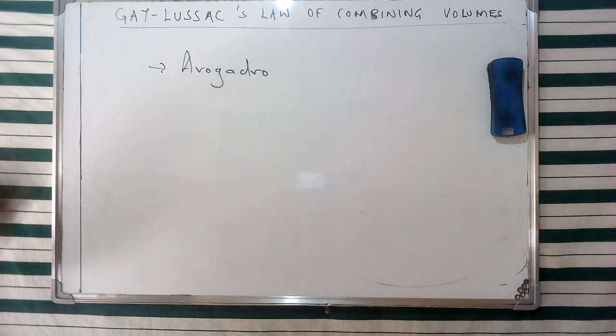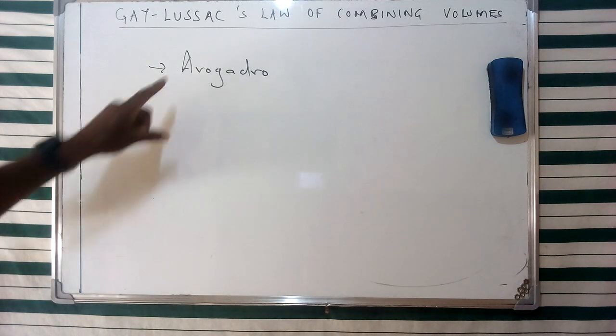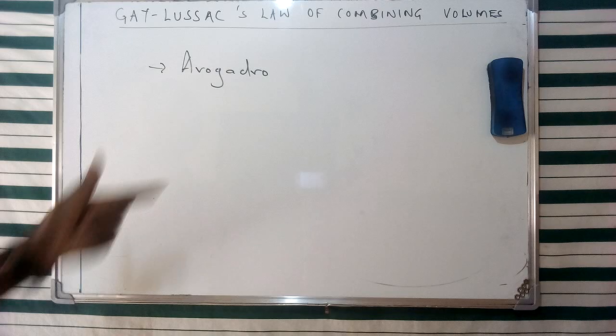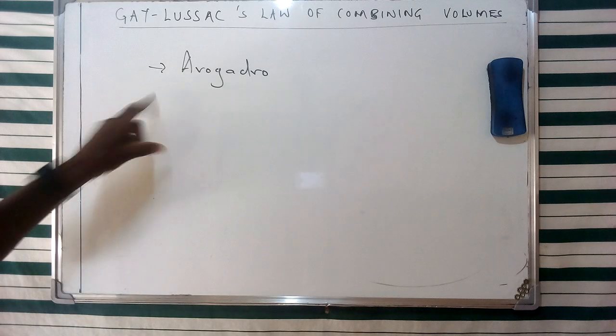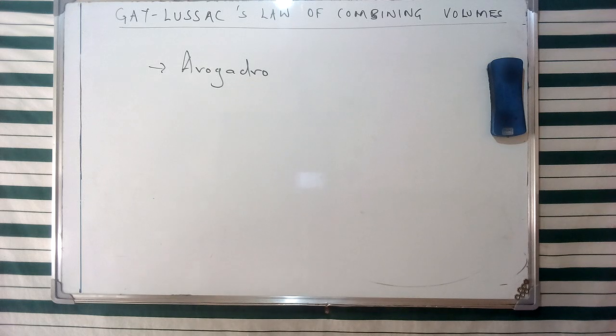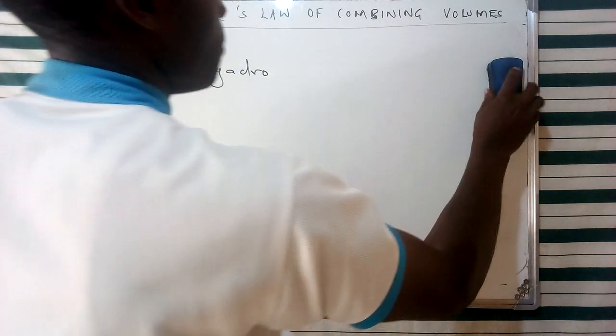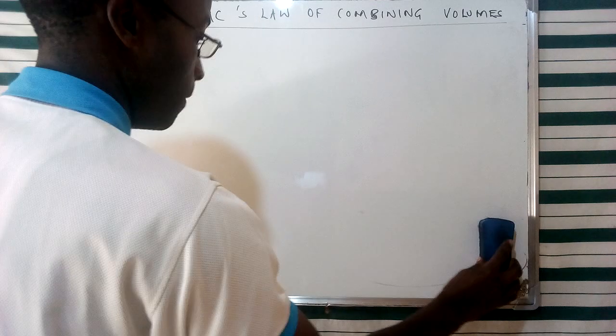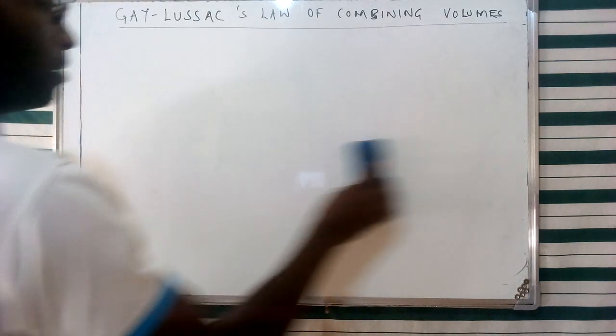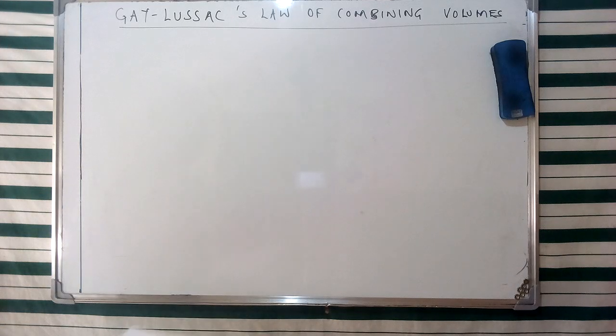Now, in contrast to the previous discussion we have had on various relationships, this is going to entail the concept of reactions of gaseous compounds. We're also going to see that there's a distinction between atoms and molecules, where gases can be given in terms of molecular compounds, as we have been describing them in some of our videos. So in this case, Gay-Lussac's law of combining volumes states that when the temperature and pressure are kept constant,